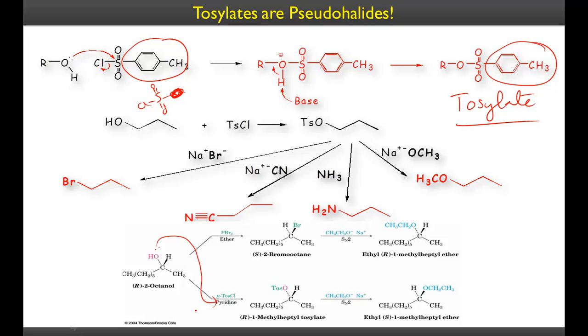When does it get inverted? When the nucleophile attacks the carbon center and the leaving group leaves. That's when the inversion takes place. When you don't attack this carbon, and only use the electrons of oxygen, nothing happens to the carbon center. So in the tosyl chloride formation, the first step, you invert only if you do something on this carbon. So if I bring another nucleophile,